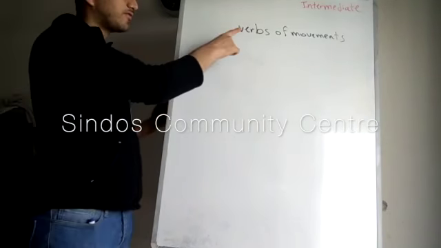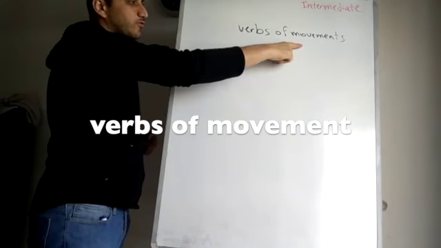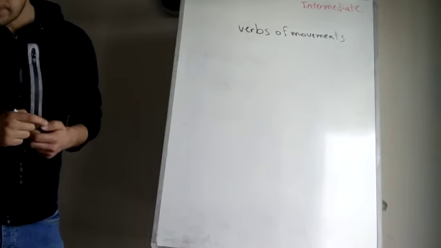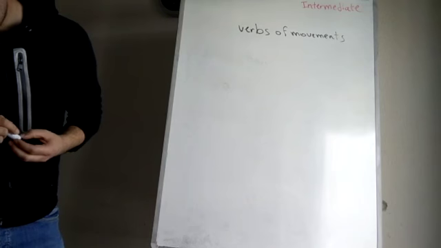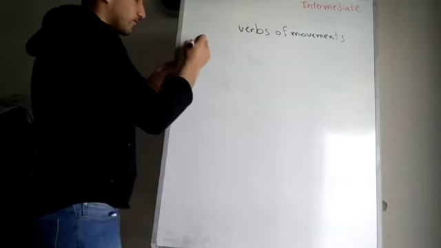So last time we talked about verbs of movement. Verbs of movement, أفعال الحركة. And today we will continue. So let's start with the first one. خلينا نبلش أول فعل. Okay, so